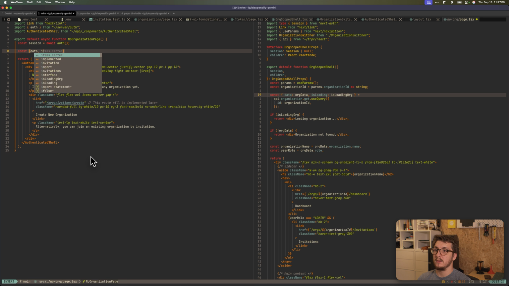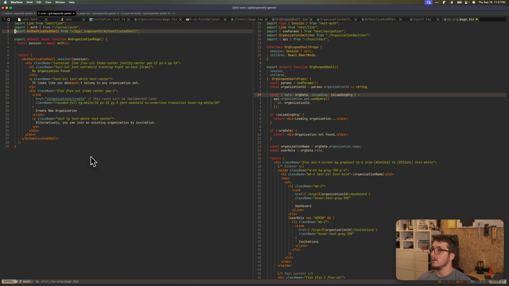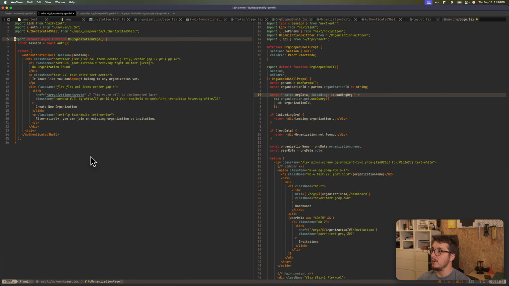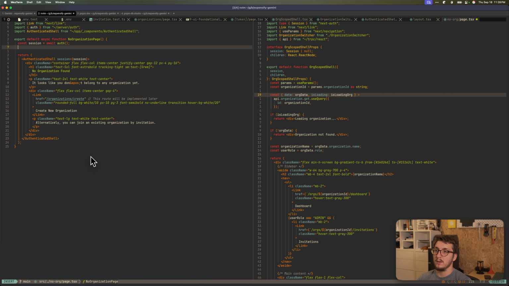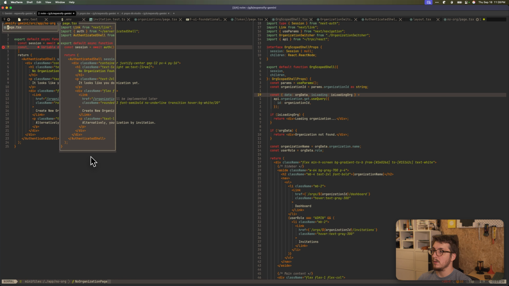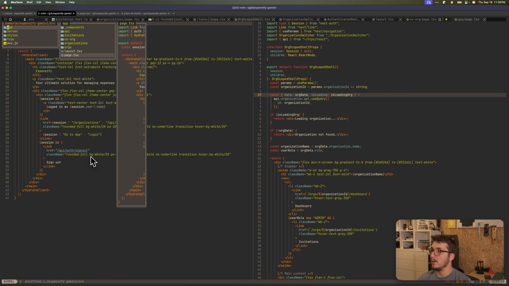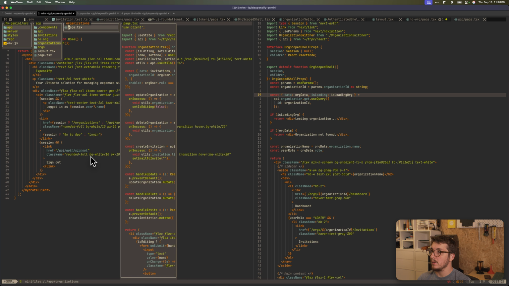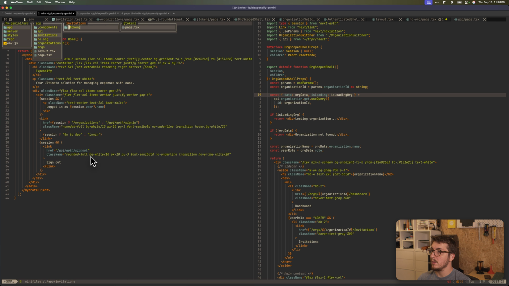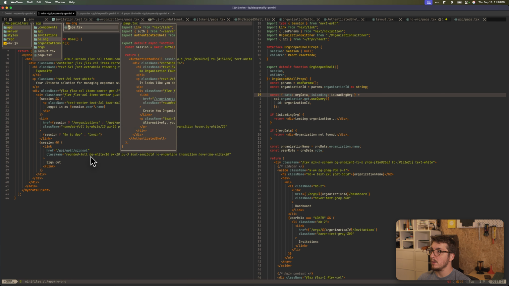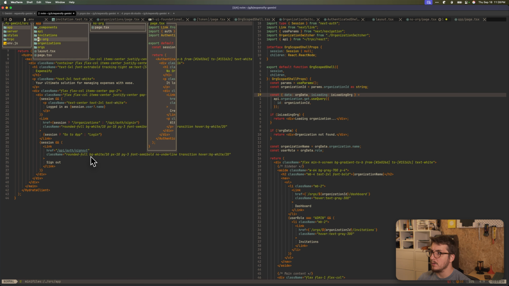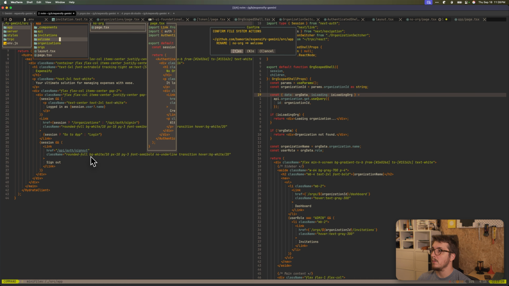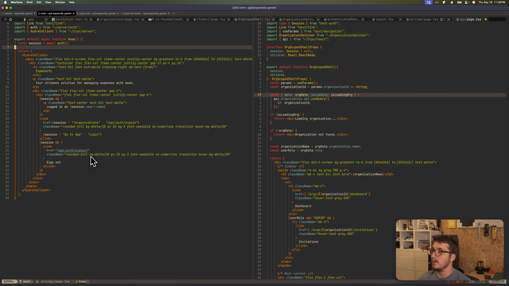Const data is loading equal. So this is going to be server side, and what I'm going to do, I'm going to go to, okay, I'm going to call this welcome, and then it's going to do